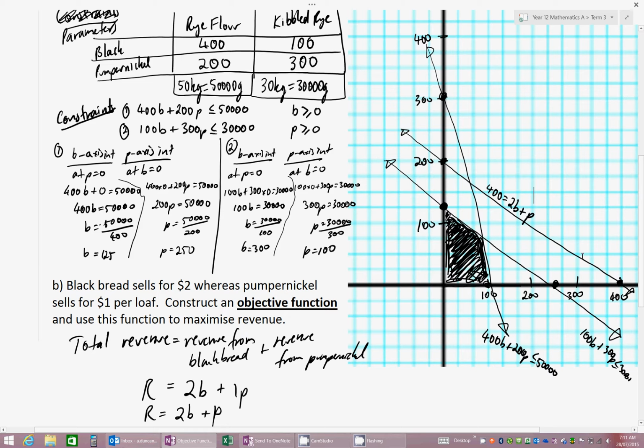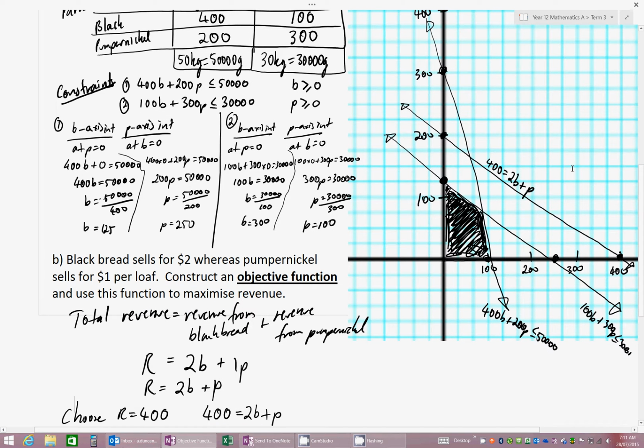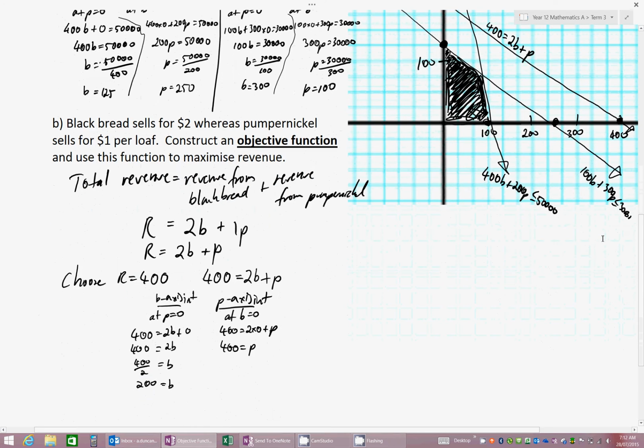Alright, so every point along this line is a combination of black bread and pumpernickel that would yield $400 revenue. Okay, as you can see, none of these points are within the feasible region. So the bakery is never going to actually make $400. Okay, it's not possible. So just to demonstrate how this idea works and how we're eventually going to get a solution,